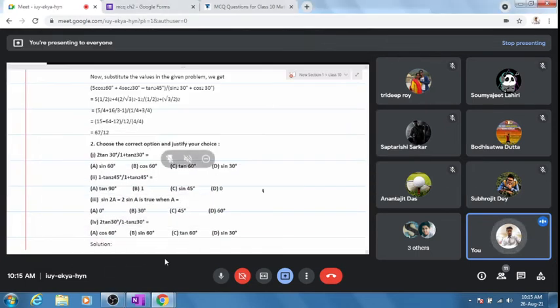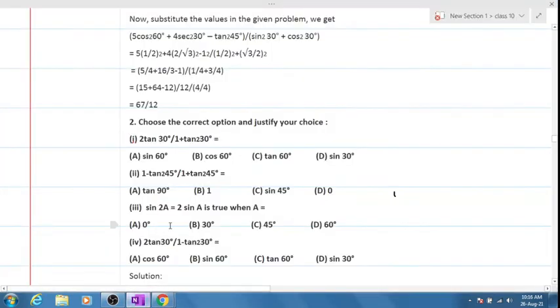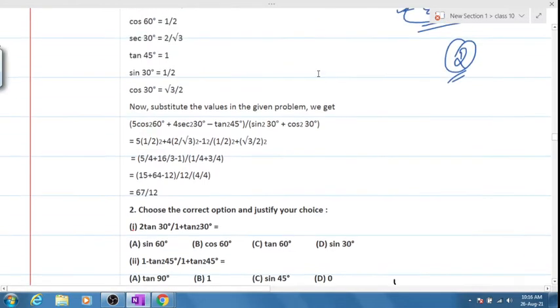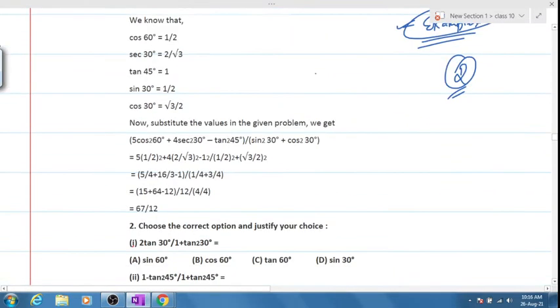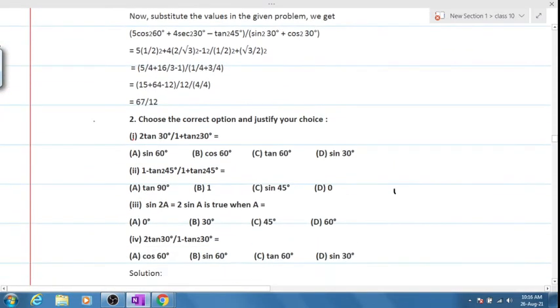Now we have to start off with the second question for exercise 8.2, right? Yes, it's 8.2. Question number 2 was given as homework. How many have done it? I would expect people who have done it to tell me the answer for the first one. Basically, what you have to do here is solve for this and check what you are getting. If you are getting 1, you will term it sine 90 and whatever is in the option.